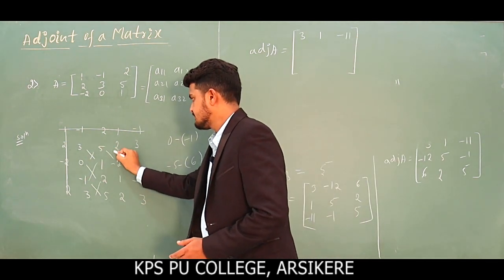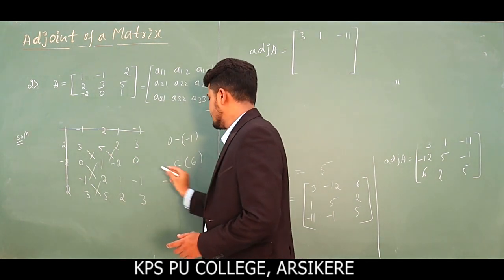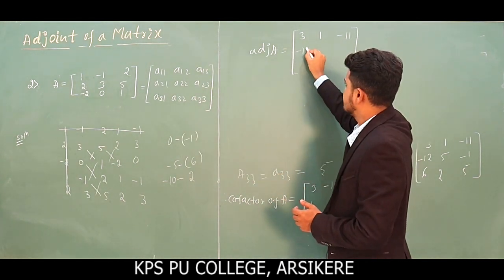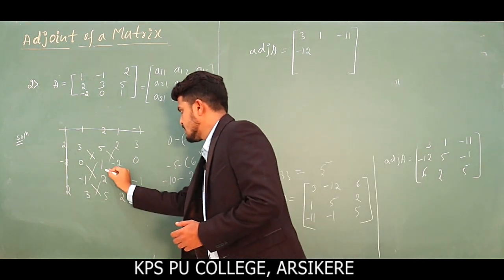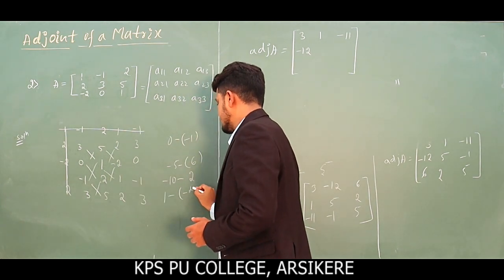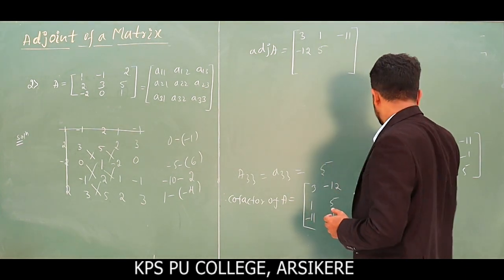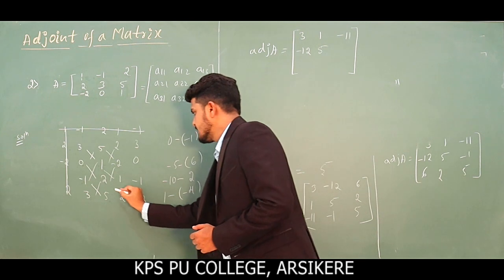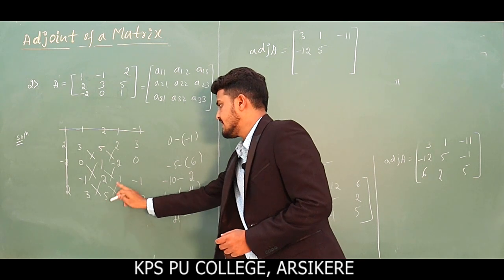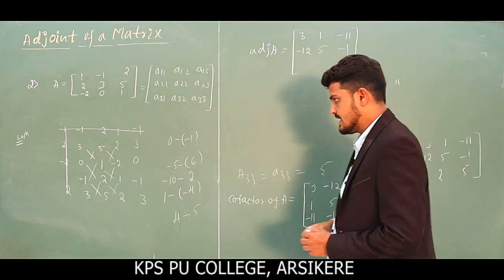Next again. So 5 × -2 is -10 minus 1 × 2. So -12. Again write in column. Next 1 × 1 is 1 minus of 2 × -2 which is -4. So minus into minus plus 4, 1 + 4 is 5. So 5. Next 2 × 2 is 4 minus 5 × 1 which is 5. So 4 minus 5 is minus 1.